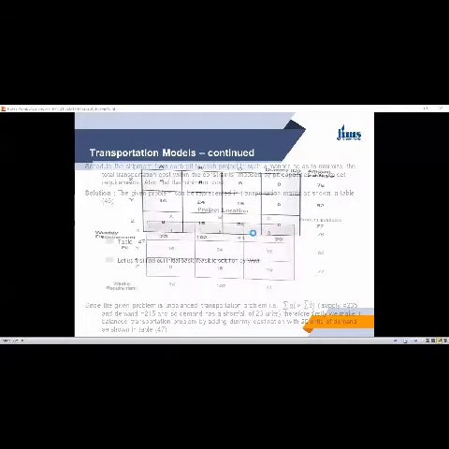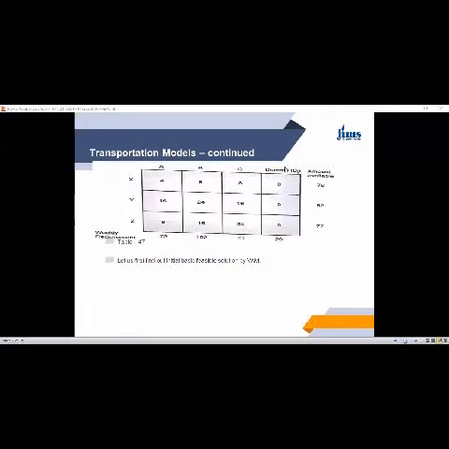So in this table, say there is a dummy destination D. We already have A, B, C, these project sites, and now we have another site, say dummy site D, where the demand is 20, but the cost of transportation is 0 because the dummy does not actually exist. We have only created it artificially to make the problem balanced. So this is the problem.